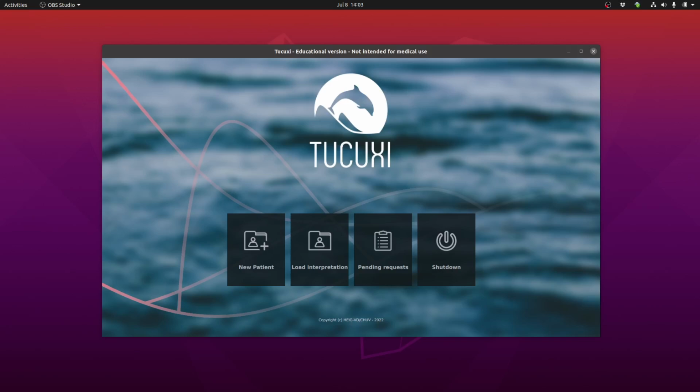The idea here is just to show you a bit how Tucuxi works and what you can do with that. So we have a start screen here with possibility to shut down. Pending request is something that is related to a connectivity to a database at a specific institution. You have the opportunity to load an interpretation if you saved it previously, and you can share it with others